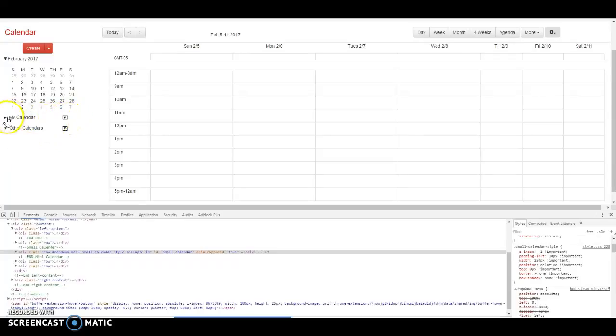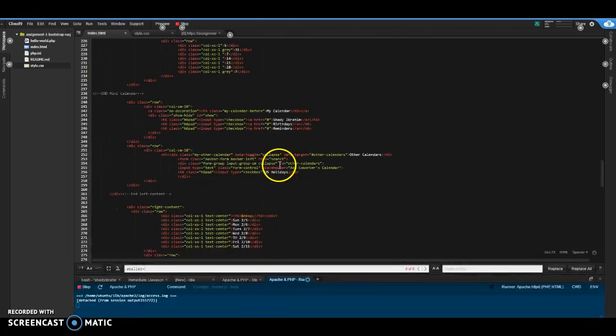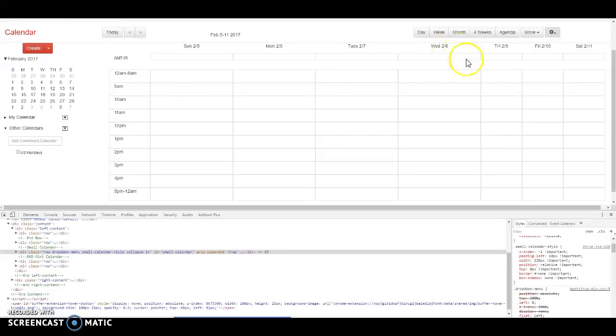And if you look here, it changes the arrow, just like the original. When I do that with Bootstrap, it doesn't really change. I could fix it with JavaScript, but it does what it needs. So that's more important, which is extra credit, as you guys all know. And same here with the other calendars section. Another collapse drop down menu with the target other calendars as the ID. And then if you guys look down here for the right content, which is this section right here,